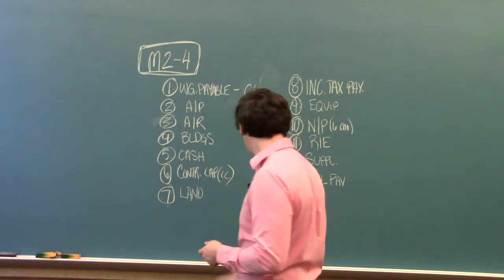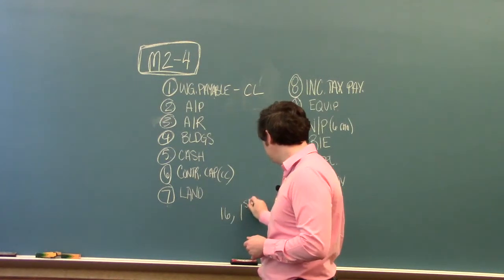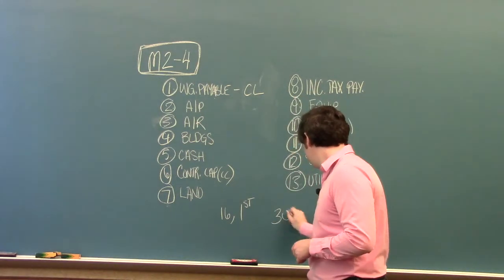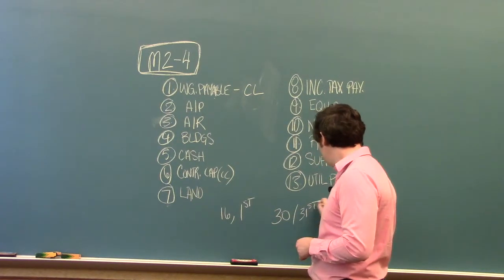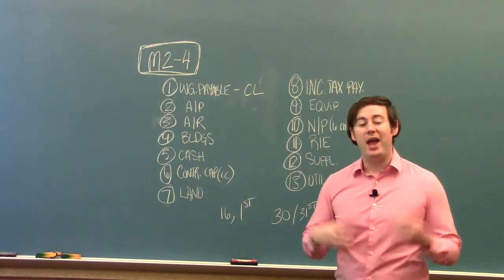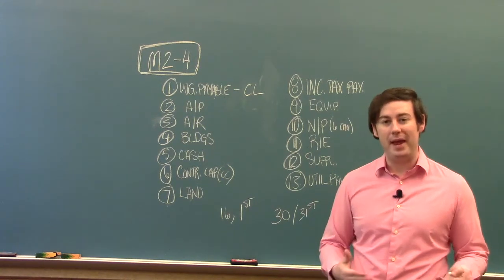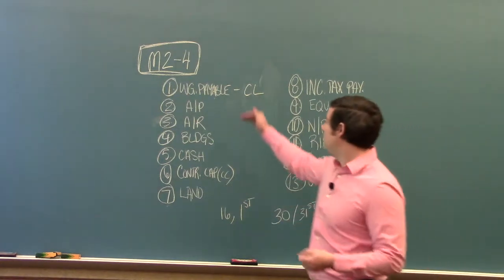For example, let's say you get paid on the 16th and on the 1st, okay? Well, when it comes to the 30th or the 31st, depending on the month, and we have to produce financial statements, if those employees haven't yet been paid, but they've worked and they've earned their wages, then the company